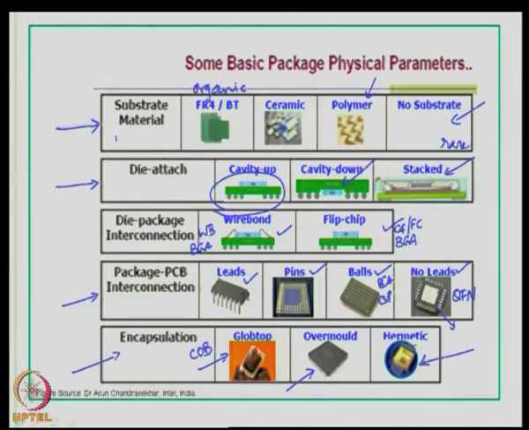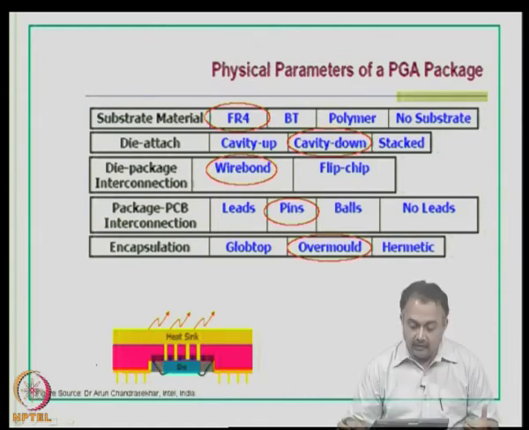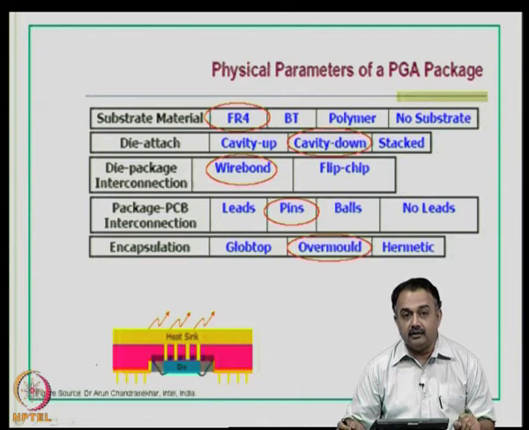The first is the substrate material, then what is the die attach, third is the die to package interconnection, fourth is the package to PCB interconnection, and fifth one is the encapsulation. So, if I give you a kind of a quiz, for example, if I say look at this particular chart and I have marked certain identities in red, that is,